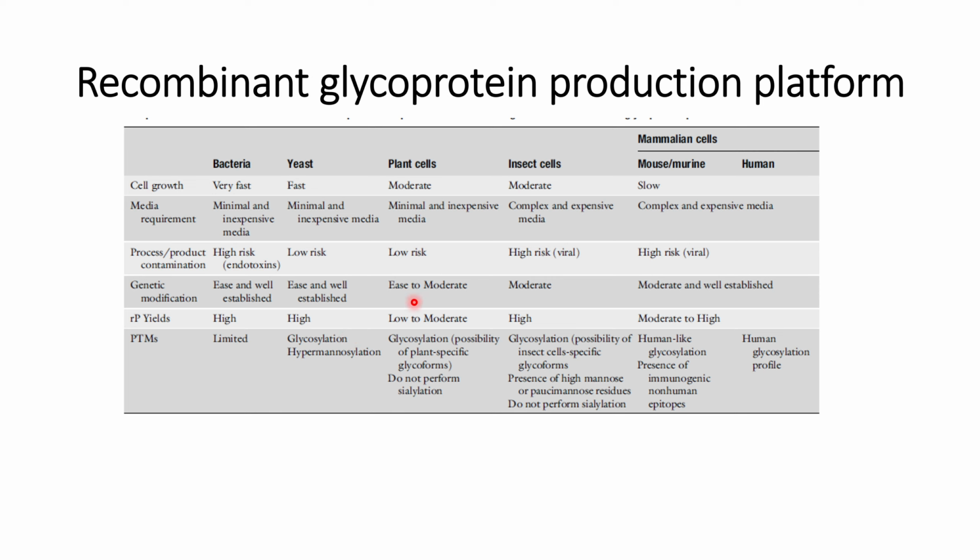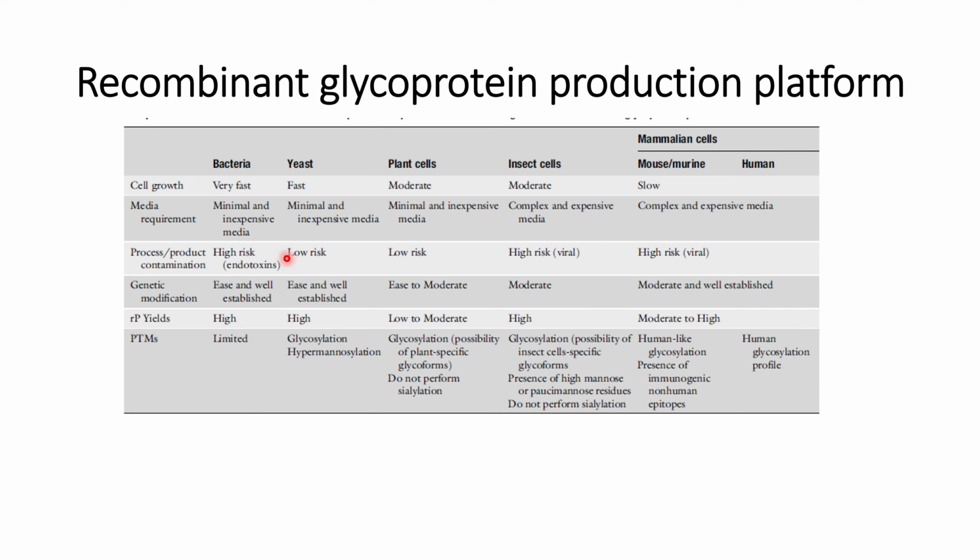Plant cells have a risk of this glycosylation. So most of these production platforms have a problem with post-translation modification, as the profile of post-translation modification is difficult to match with the human glycosylation profile. So there is a push to use cell lines derived from humans for the production of therapeutic glycoproteins,